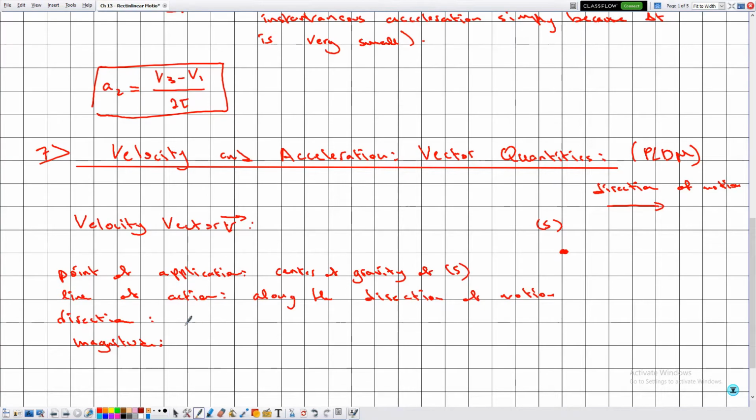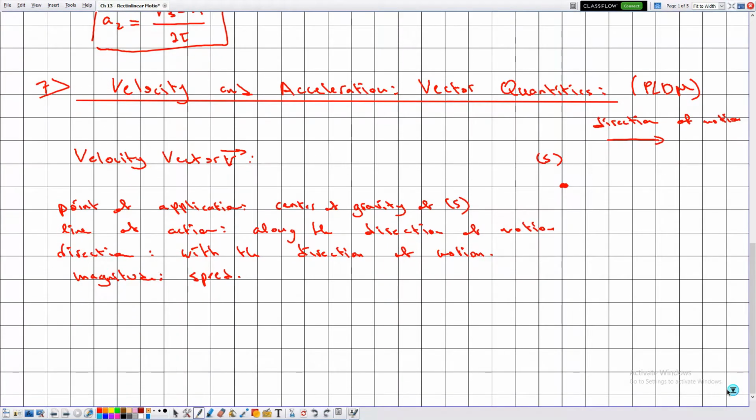Now the direction is with the direction of motion. And the magnitude would be the speed. And we know how to calculate the speed by studying the type of motion or the dots of the moving puck. Now as for the acceleration vector,